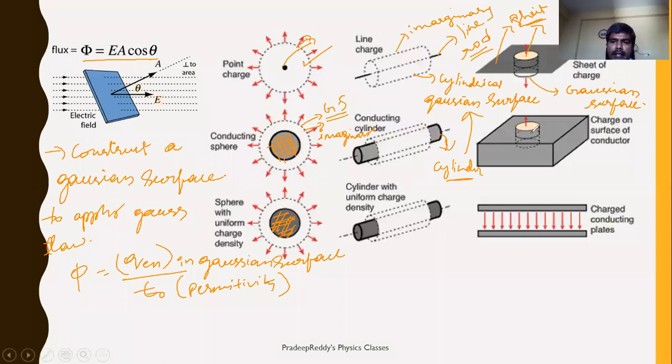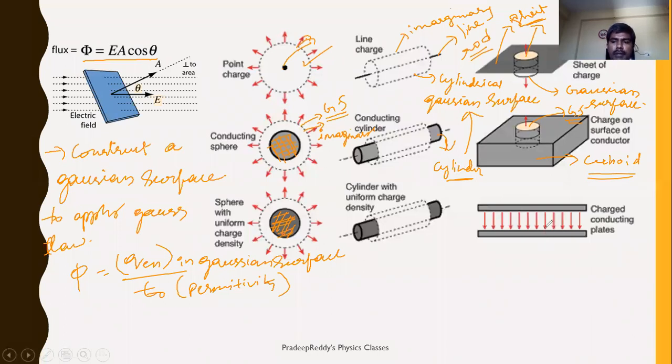So similarly, here you have a cubical or cuboid. So for this cuboid material, in order to find out electric field, you will construct a Gaussian surface, and this is the Gaussian surface. And this is your imagination. That depends upon you how to construct a Gaussian surface, and it is individual. Remember, it depends on the shape which you are considering. So for different shapes, you will have different Gaussian surfaces to be chosen.